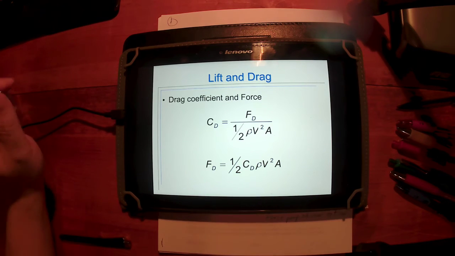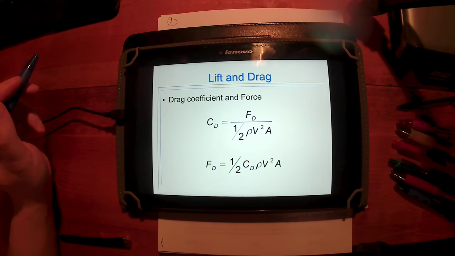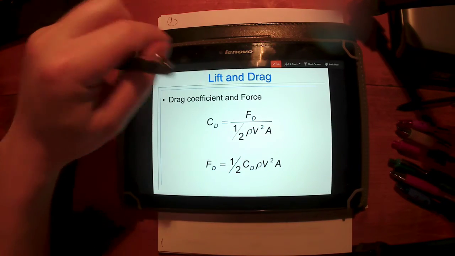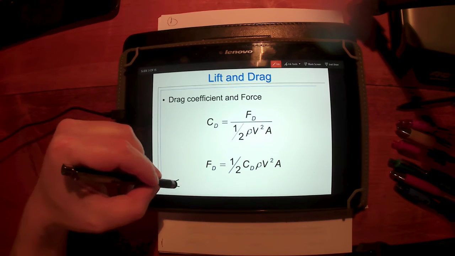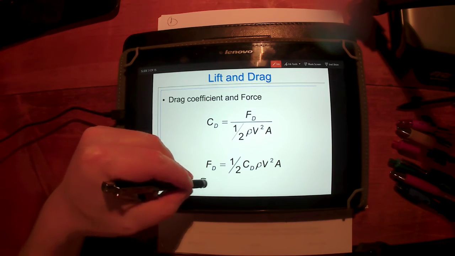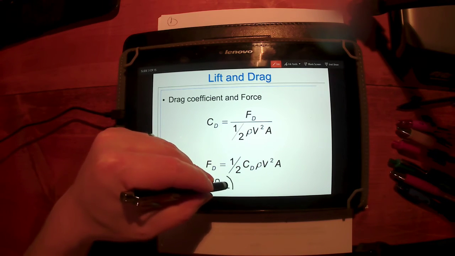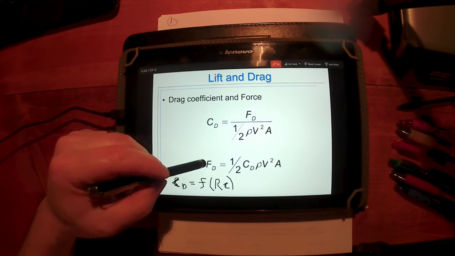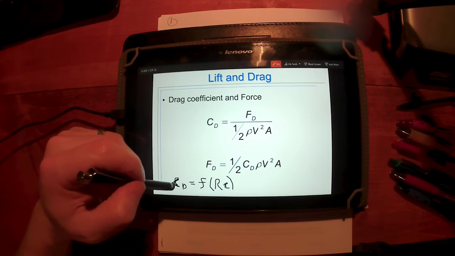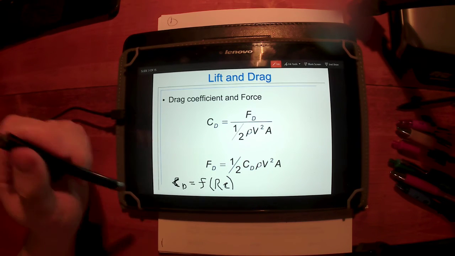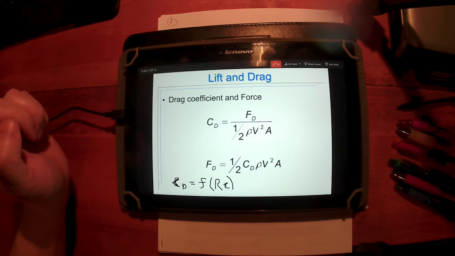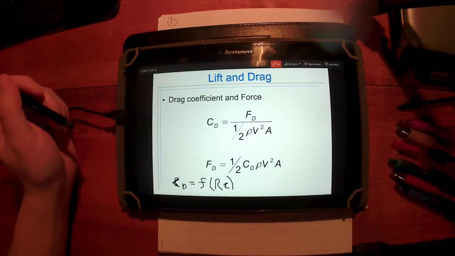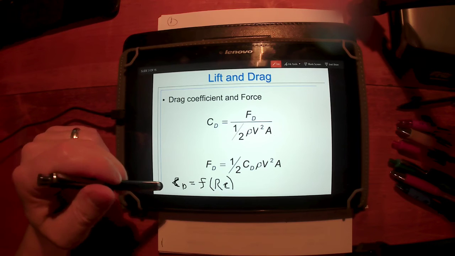although that's not normally how we would find that. Normally we'd go through an analysis like we talked about in Chapter 7, when we talked about the Buckingham-Pi theorem and dimensionless quantities, right? And remember, the Buckingham-Pi theorem told us that this coefficient of drag is going to be a function of the Reynolds number. Right? We actually did an example of this in class. The dimensionless quantity associated with this drag force became what we call the coefficient of drag, and we found it to be a function of, based on the other phenomena involved, rho, v, a characteristic length, and the viscosity, or the Reynolds number. So we need to know the Reynolds number to be able to figure out